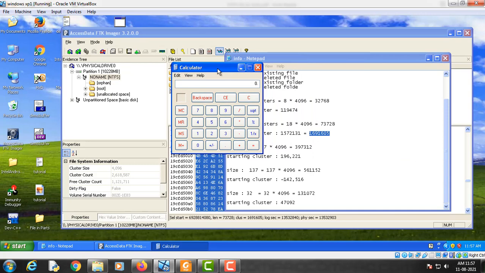So 1691,605 plus this value, which is 196,221.